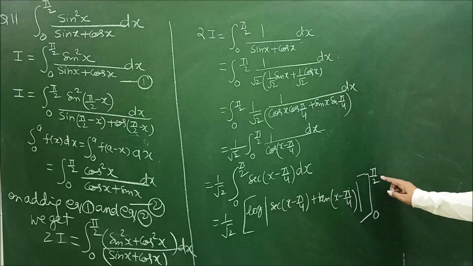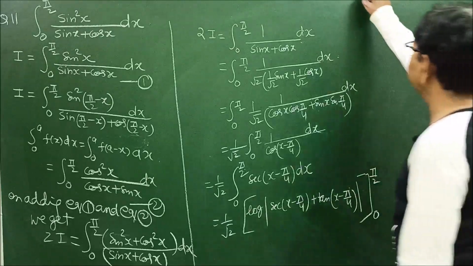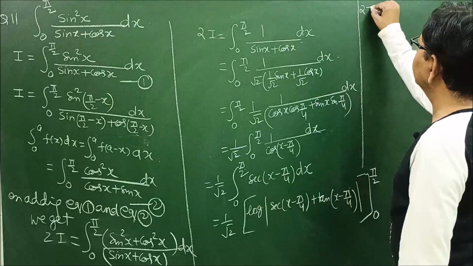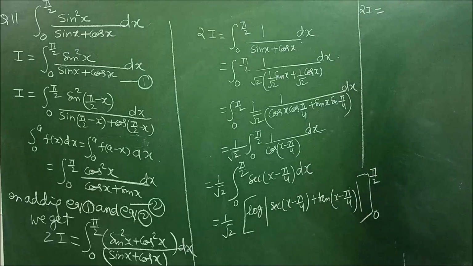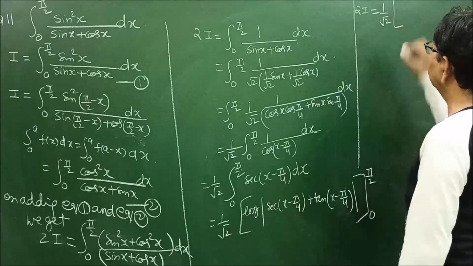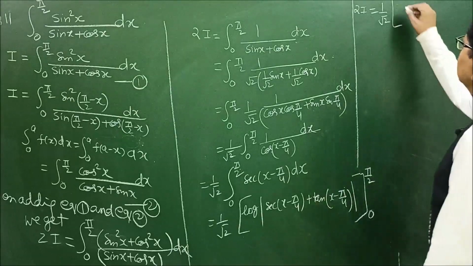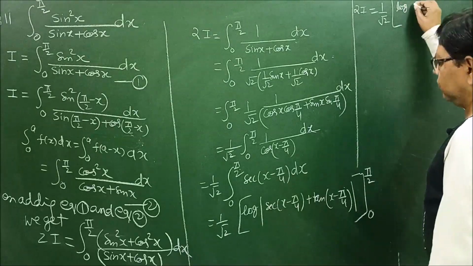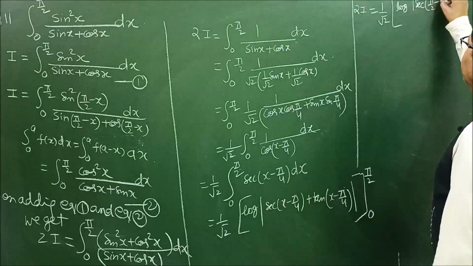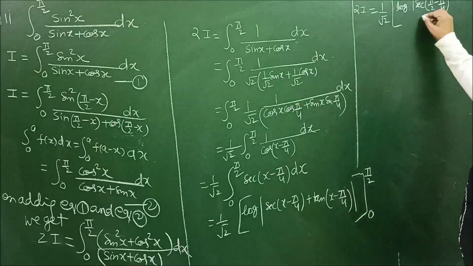Now, first putting the value of x equal to pi by 2, then 2I is equal to 1 upon root 2. First putting the value equal to pi by 2, so log mod sec of pi by 2 minus pi by 4 plus tan of pi by 2 minus pi by 4,